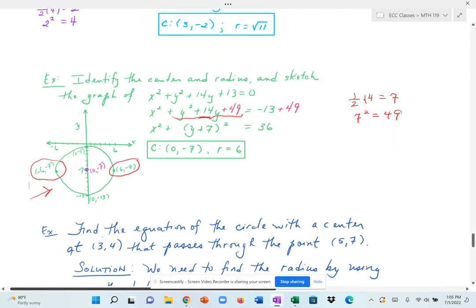Okay, so here we're going to combine a couple of concepts that we've done in this lesson, which says find the equation of the circle with a center at 3, 4 that passes through the point 5, 7. So we need to find the equation of a circle. I don't know what the radius is, but I can certainly figure it out by using the distance formula and compute the distance from 3, 4 to 5, 7, because 3, 4 is the center and 5, 7 is on the circle. So once I figure out what that radius is, I'll be able to use the standard form of a circle and come up with the equation